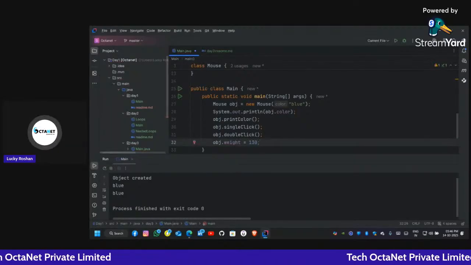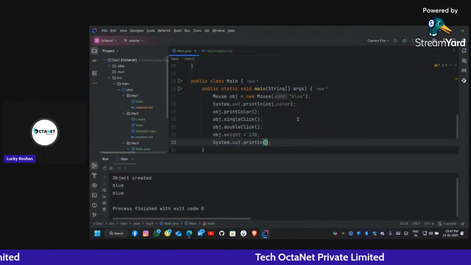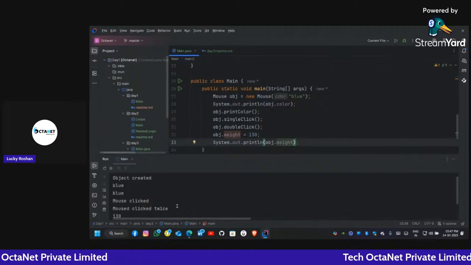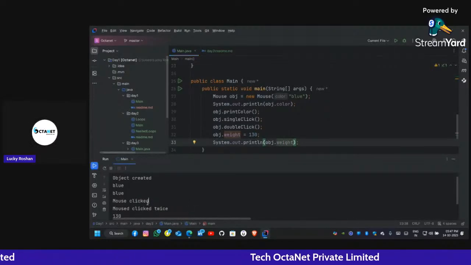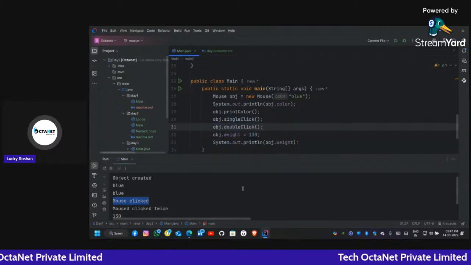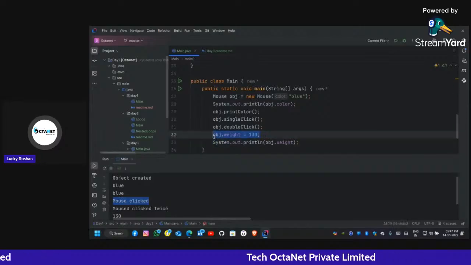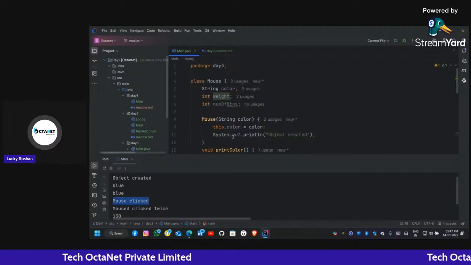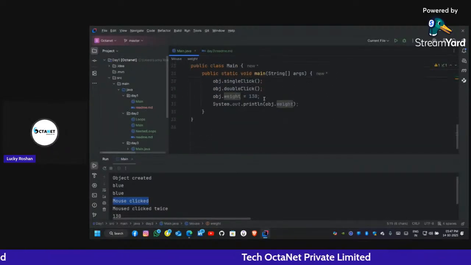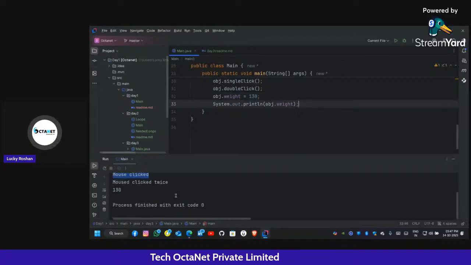Now we can print the weight, System.out.println(obj.weight). Let's run it. You can see here the mouse click function is called by accessing obj.singleClick, and mouse click twice by obj.doubleClick. We assign the weight outside of the class by using the object, that is obj.weight, and this obj.weight refers to this weight. It is assigned the value 130 and it is printed in the console as 130.